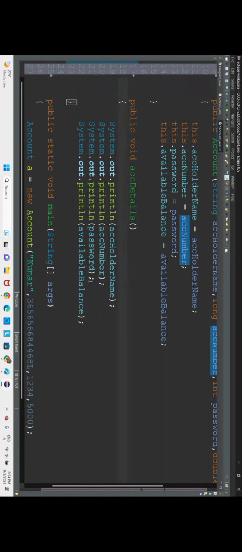So this is how you will be tracing this code. A new keyword will be created, and the account constructor will be called. After the constructor is called, the constructor will start executing. When it starts executing, first and the only thing is it will not directly go for the